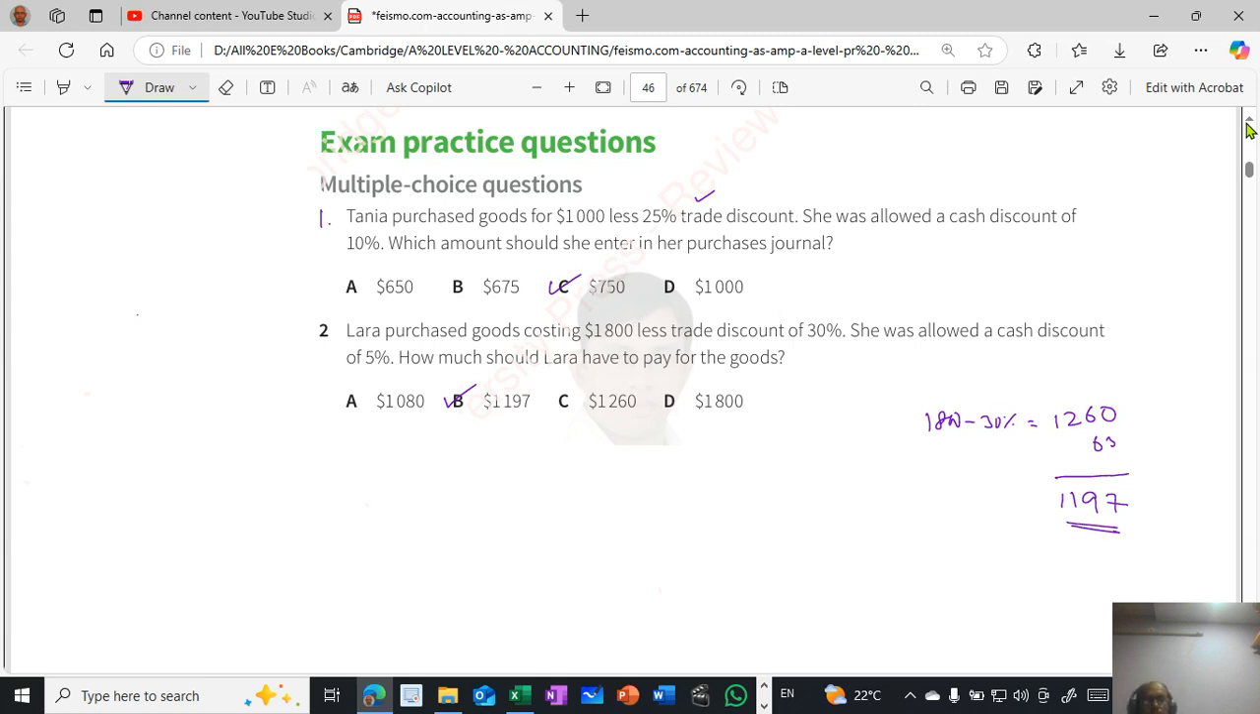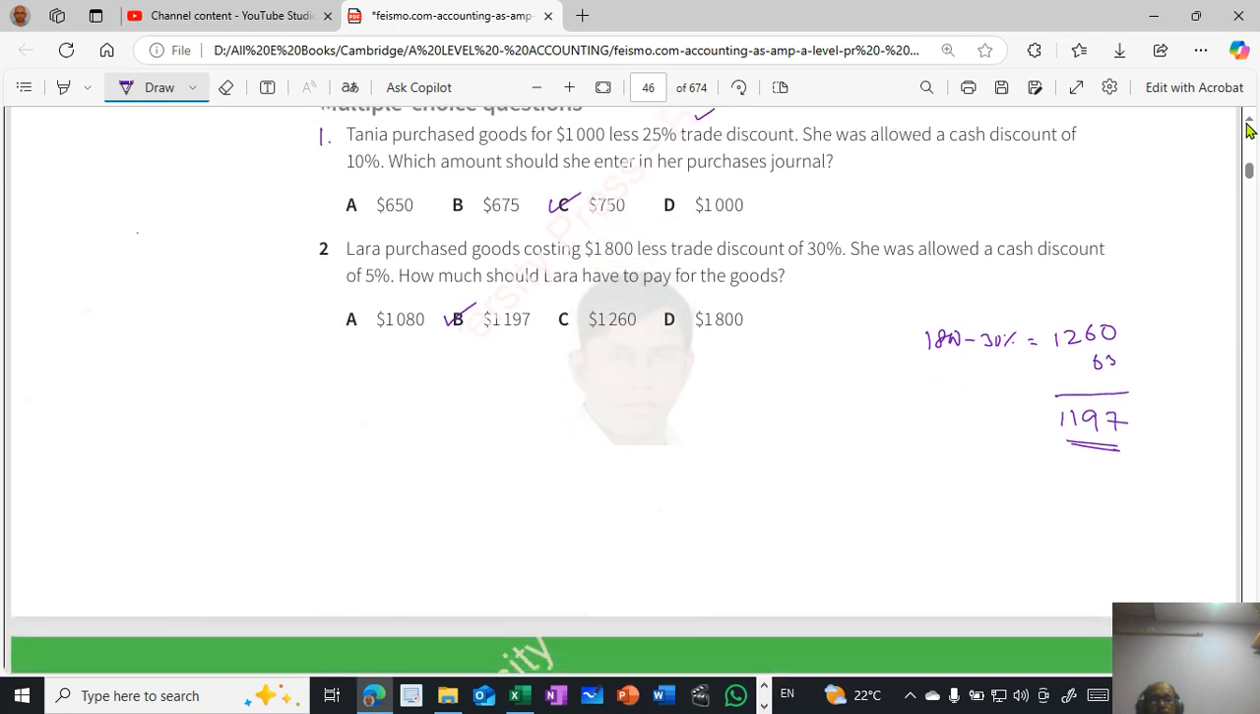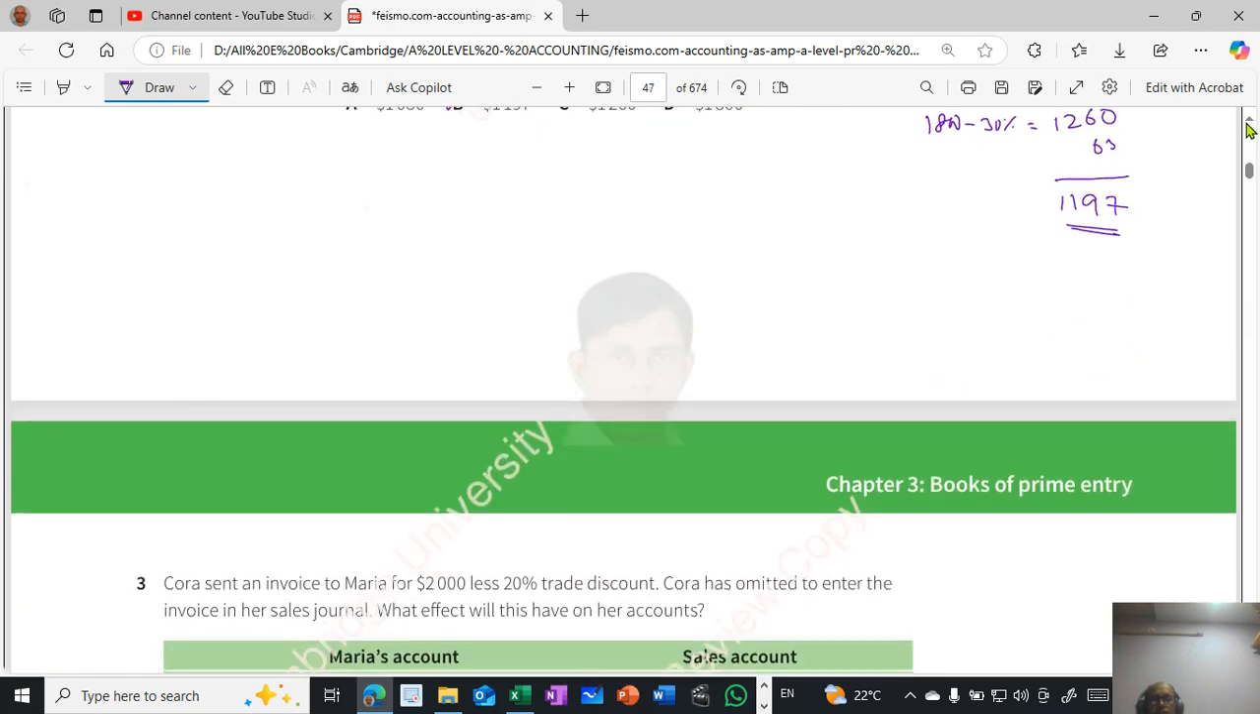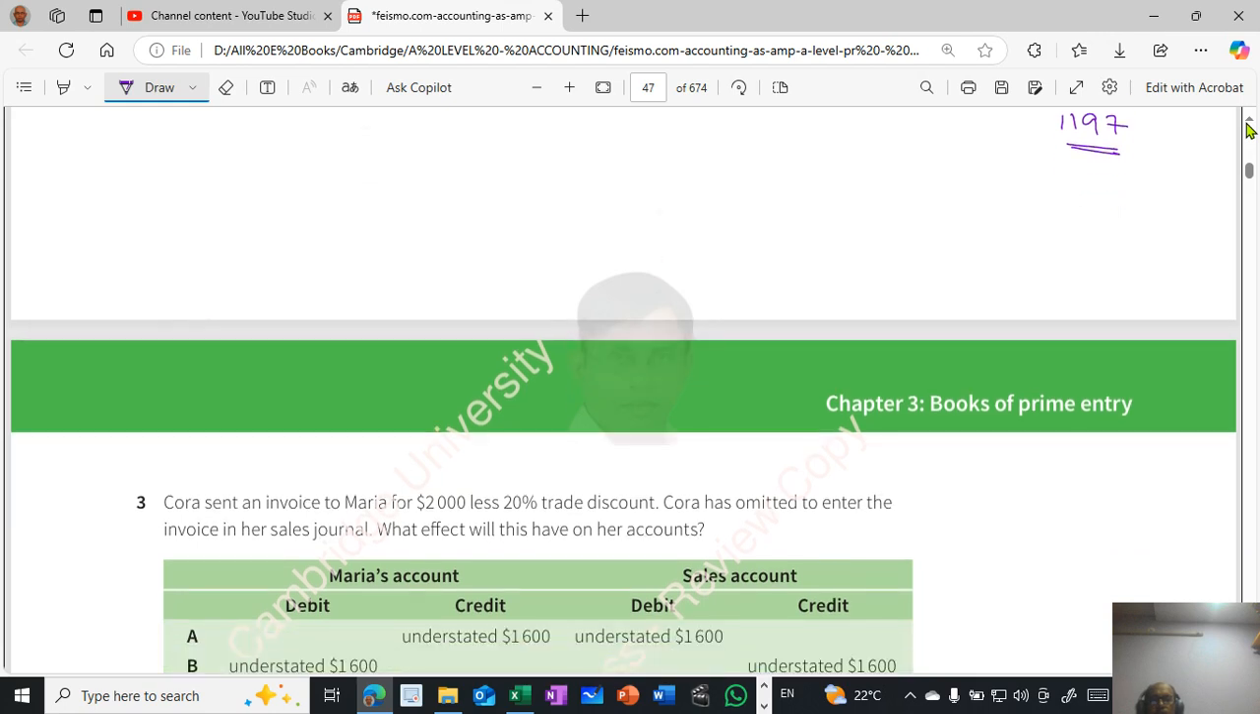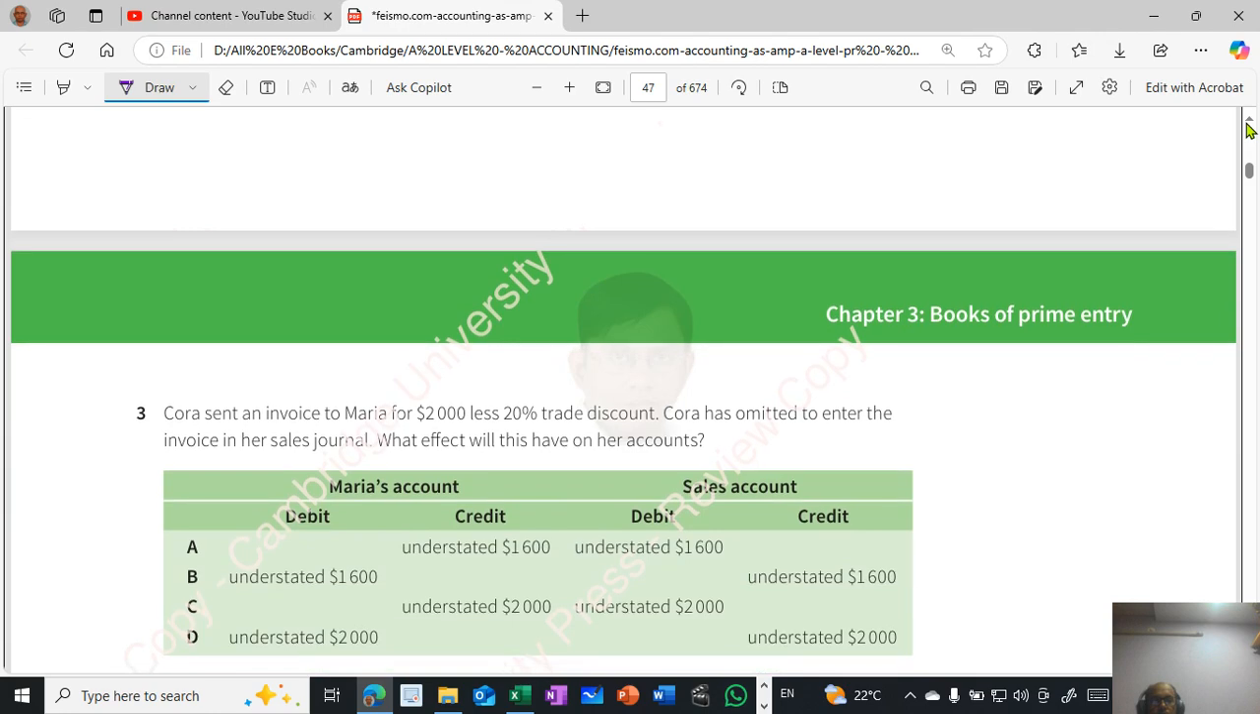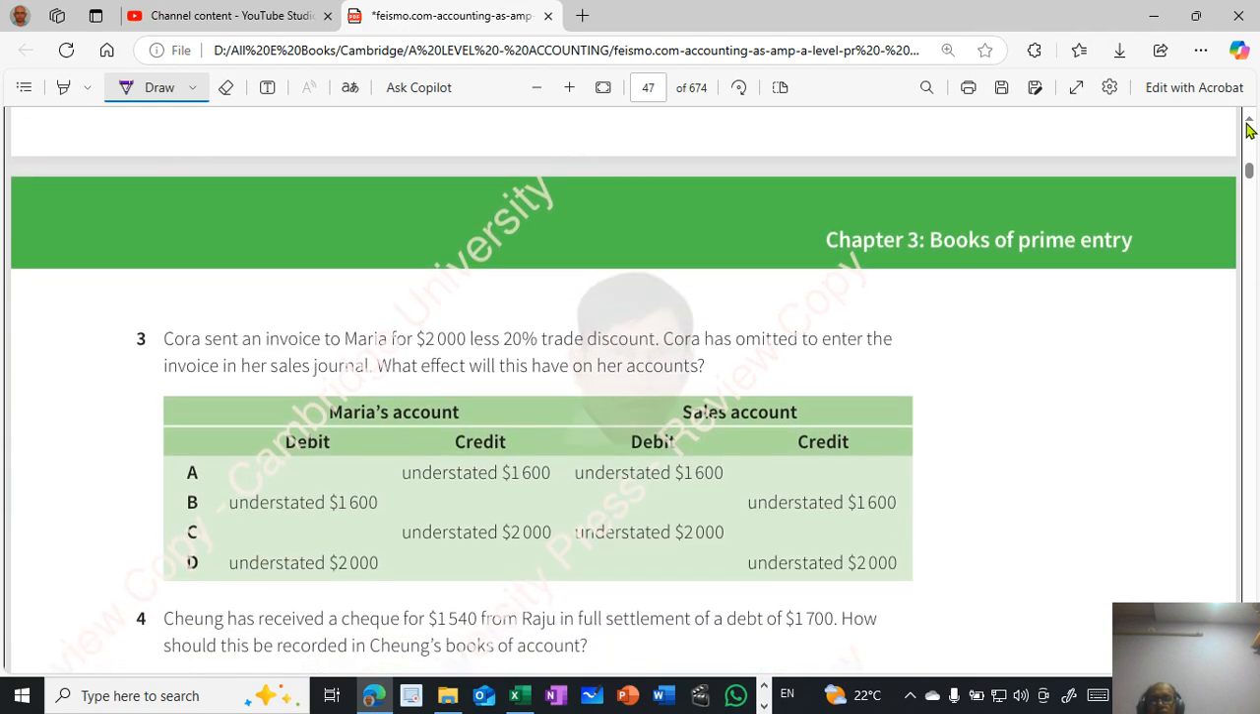Next. See, these are exam style questions. So similar questions have been asked in the AS level examinations. These are not A level questions, but AS level. But in IGCSE also they have been asked several times. So then coming to this,